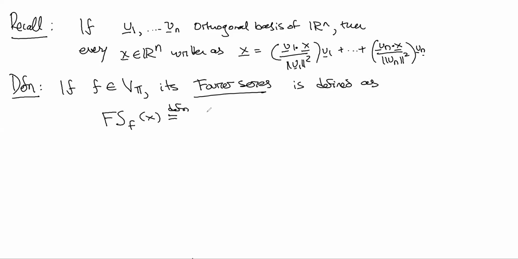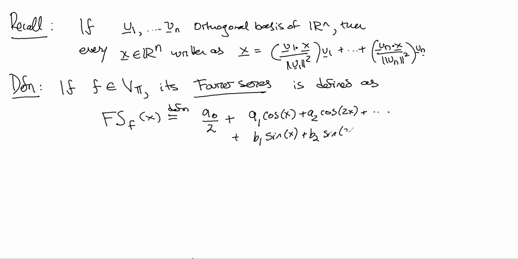It's a series that has some coefficients. Formally, that means it's a naught over 2 plus the summation n goes from 1 to infinity of a n cosine nx plus b n sine nx,